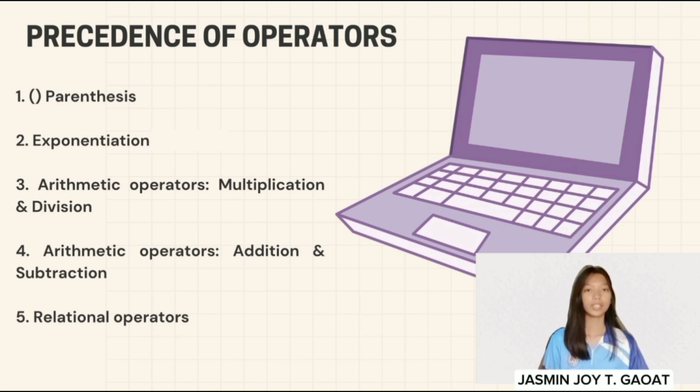And lastly are the relational operators like equal to, greater than, and less than. These determine logical comparisons but don't change the actual calculation results, and have a lower precedence than arithmetic operators. Why do relational operators have lower precedence than arithmetic operators? Because the intention of arithmetic